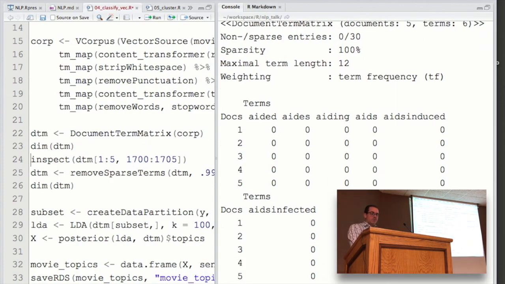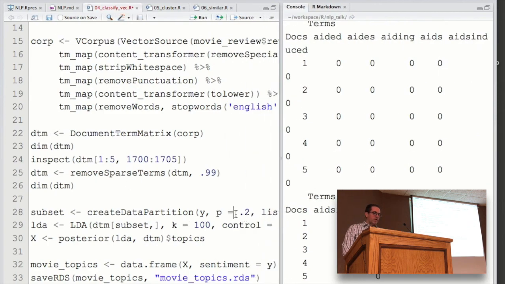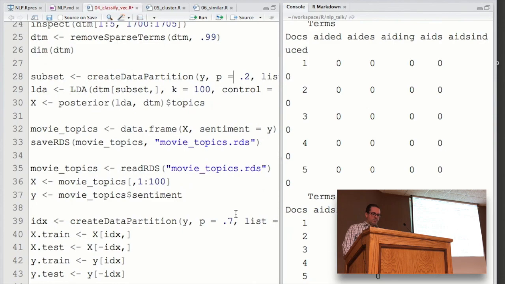Something to notice here, the number of columns is 51,000. That's a ton of terms, right? So now all of a sudden you see why you have to get into topic modeling or some kind of other decomposition of your matrix, right? You're not going to want to do real math on that. And speaking of, here's where I cheat.